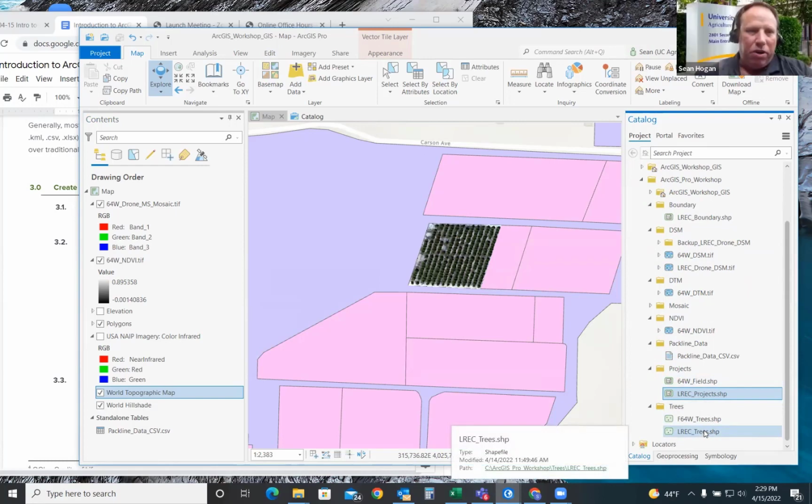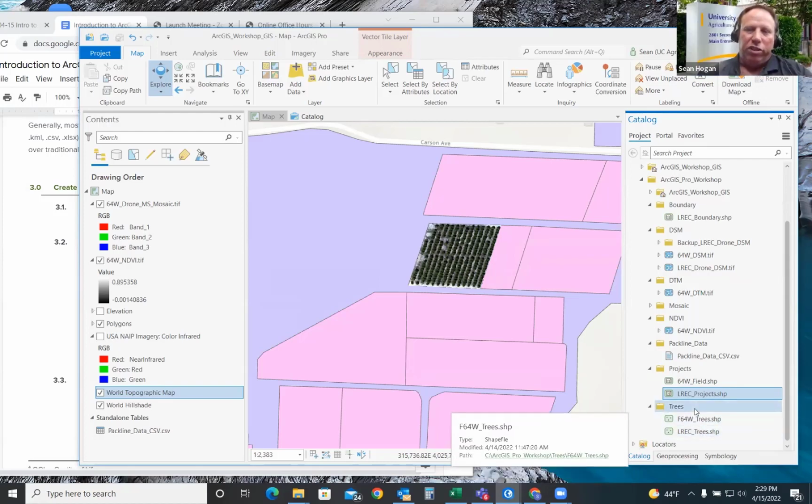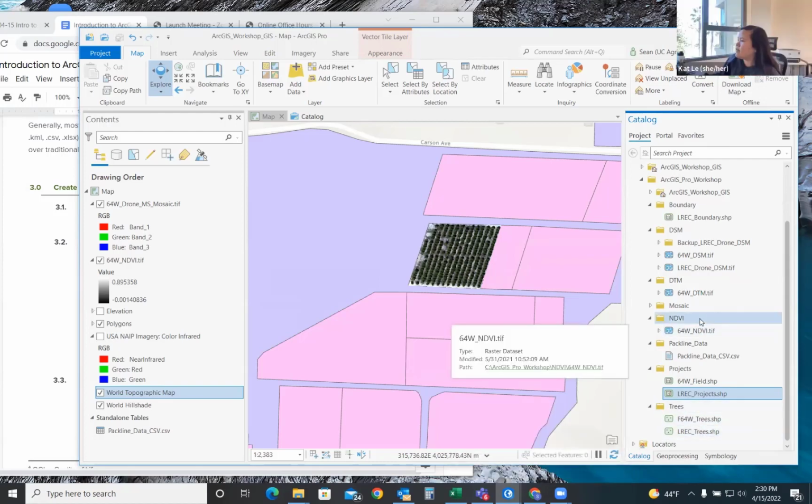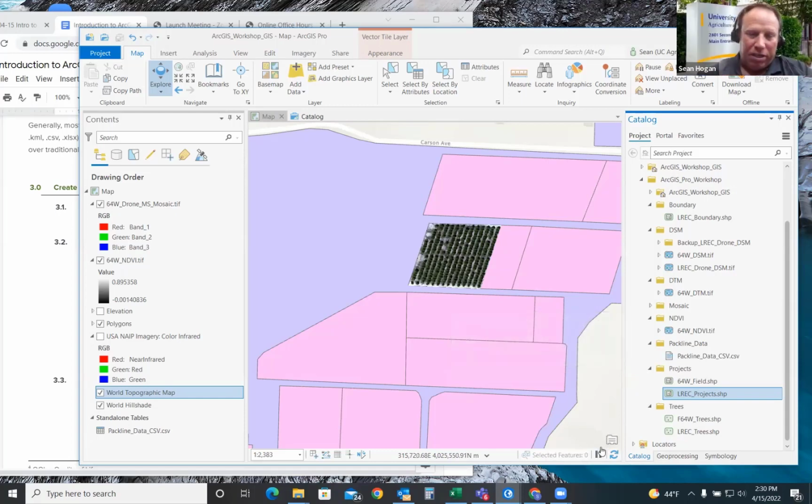You can put it at the top of your drawing order. That's the only one you'll need. Not the F64 West? No, that was just a spare in case someone's analysis tools weren't working. Gotcha. I like having redundancies just in case something like this comes up. All right. Thank you so much for your help. No problem. See you in a few minutes.